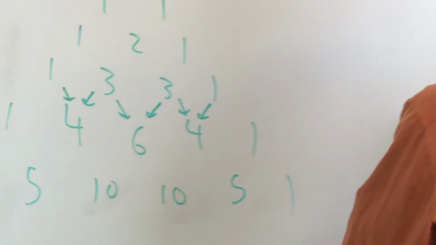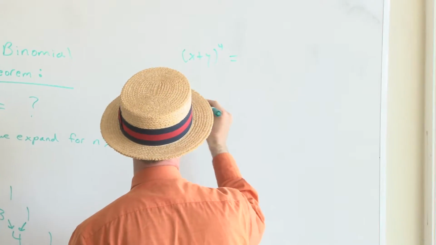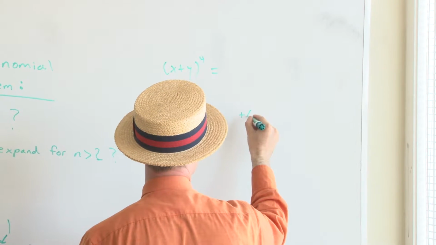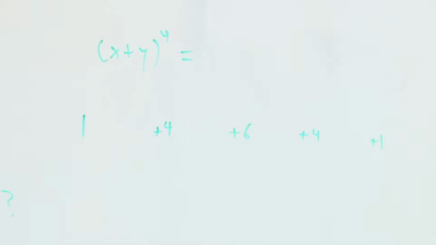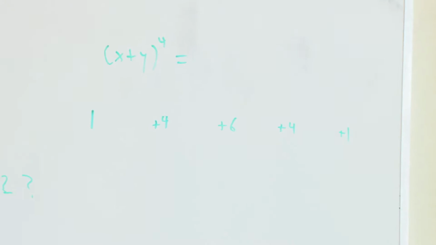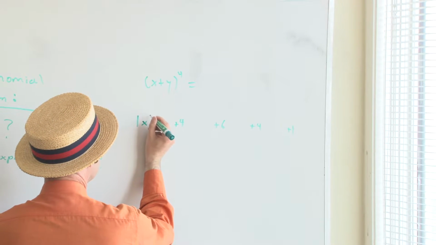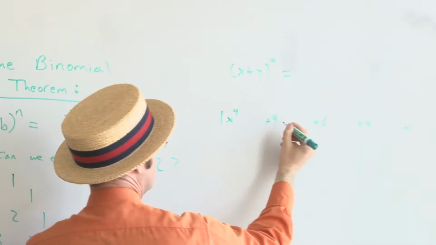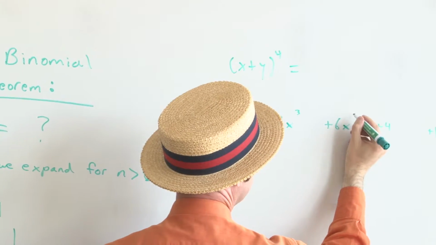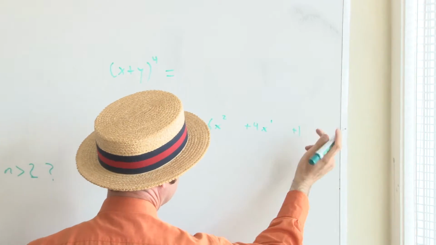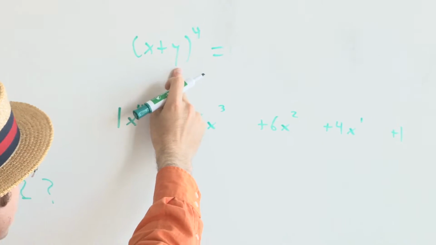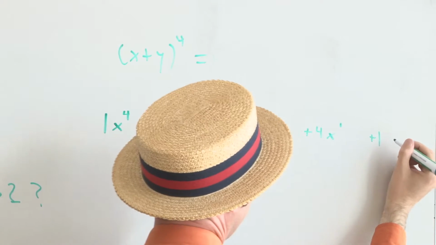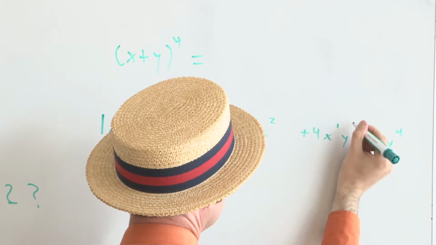I need more room. There we go. Coefficients are going to look like this, and then to know what the powers are going to be, I'm going to start with the first one at full power, and then he's just going to drop by 1 each time until he disappears. And then on the other side, I'm going to start with the second guy at full power, and he's going to drop by 1